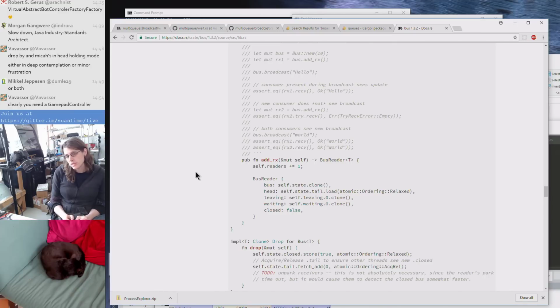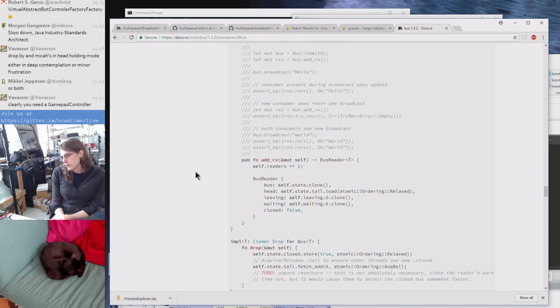Okay, and then there's receiving, though, which should be optional. Just cloning the bot controller port access, or whatever this object we're designing, shouldn't add a new receiver, because adding a new receiver is basically asking for an additional copy to be made of all the messages. It's not free by any means. It's something we want to do when we need it. So